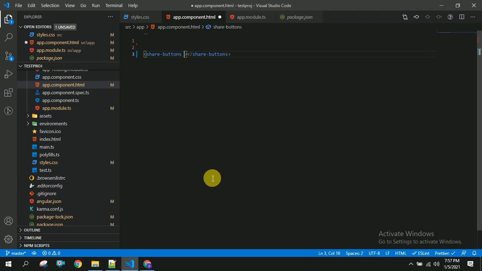In this share buttons I am going to have some properties called theme. Here I am going to specify it as material dark. There are different themes available in this share buttons. You can have different themes based on your requirement, and you can copy from the GitHub.